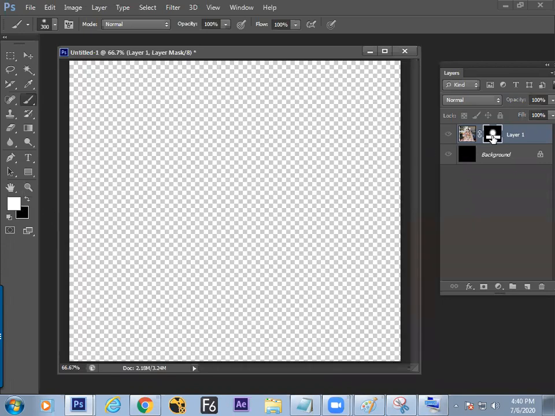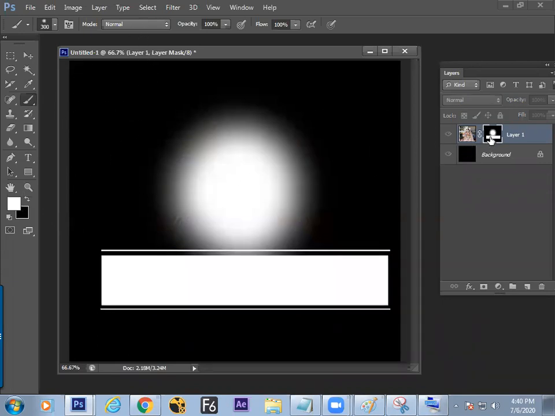So let us see what happens here. Where are we now? We are in the mask layer, not in the image layer. How to see the mask? Just Alt and click. I'm just putting questions and answers, so they may be your questions. In that way, I'm just getting involved inside the character.